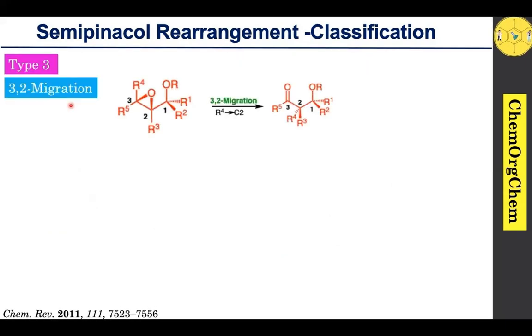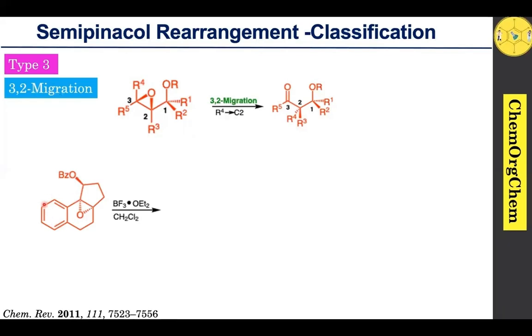Next, moving on, type 3 3,2 migration. 3,2 migration is a slightly rare type of semipinacol rearrangement. Only a few examples are known. Here you see one interesting example. This is a 2,3 epoxy alcohol derivative. When you treat it with the Lewis acid BF3 etherate, it readily coordinates with the epoxy oxygen, followed by generation of a stable carbocation. Here you see that the carbocation will be generated at this particular center, since the phenyl group will stabilize